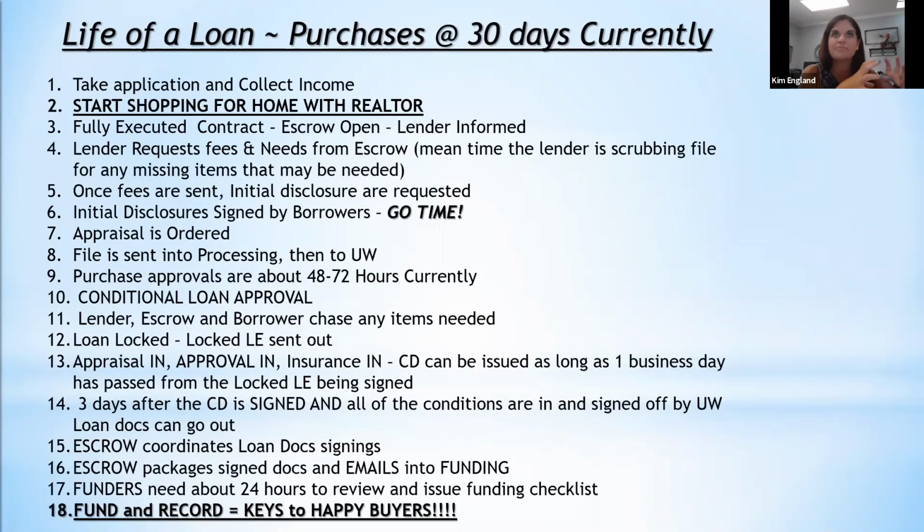A pre-qualification is just numbers that are given to us by the borrowers, which may or may not be accurate. I will not issue a pre-qualification letter to anybody who's self-employed. I won't do it, because self-employed people have to qualify with their tax returns. So unless I see tax returns on a self-employed person, I just will not issue anything.